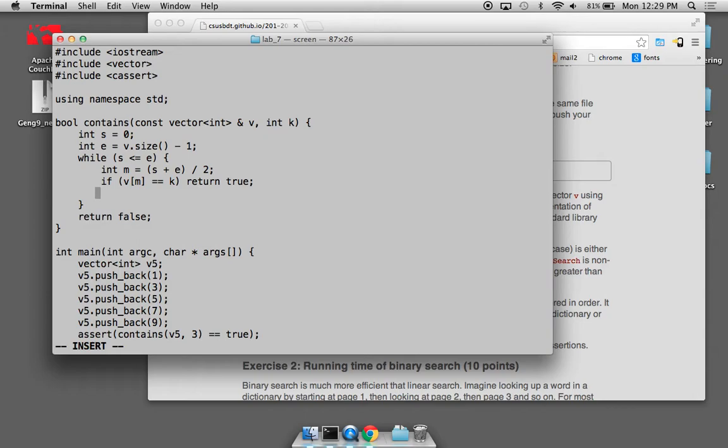But what happens if the value at M is not K? Then we've got to check to see if the value at M is less than K. You could do greater than K too. If the value of M is less than K, then we need to adjust